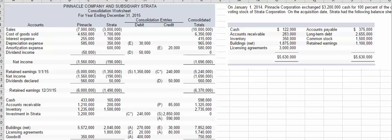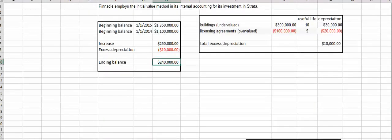So let's look at some numbers that we need to consider as we are attempting to find where that $240,000 came from. So you notice that the beginning balance of retained earnings for Strata, the acquired company, on January 1st, 2015 was $1,350,000. The beginning balance 1 year prior was $1,100,000. Again, the increase is net income, the decrease is dividend, but we're only looking at the change. So there was an increase in the retained earnings during that year of $250,000. That would have been accounted for in the equity account, but again, since we're using